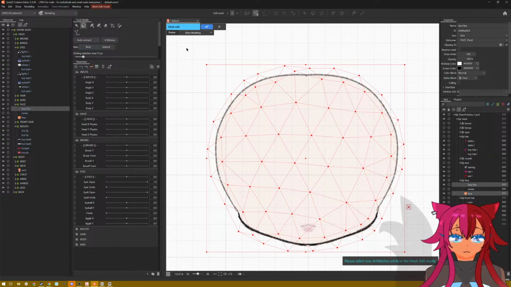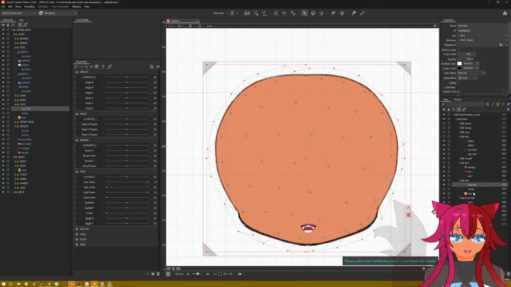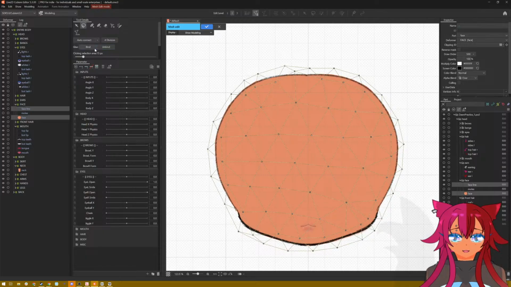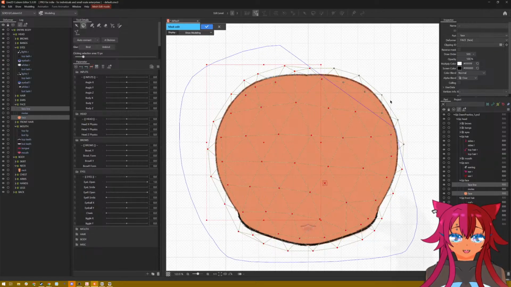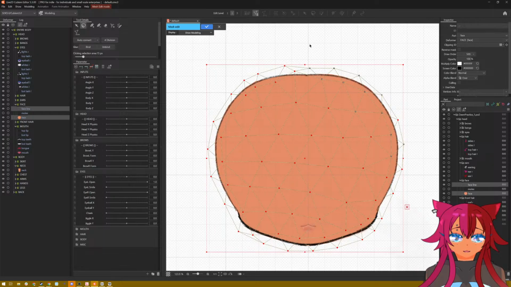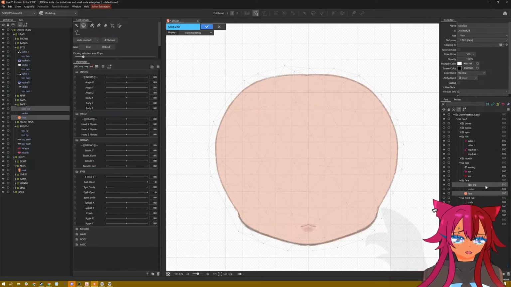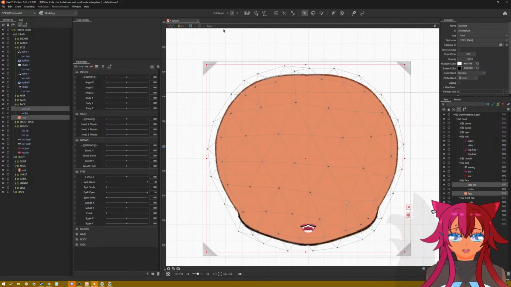Oh, hold on. Did I do that wrong? This and this. And then mesh edit. And then bind. And we have to select. Oh my god, we gotta select. We gotta. Oh my god, guys, I'm doing everything wrong. Okay, hold on. Let's start from scratch. Okay, so,